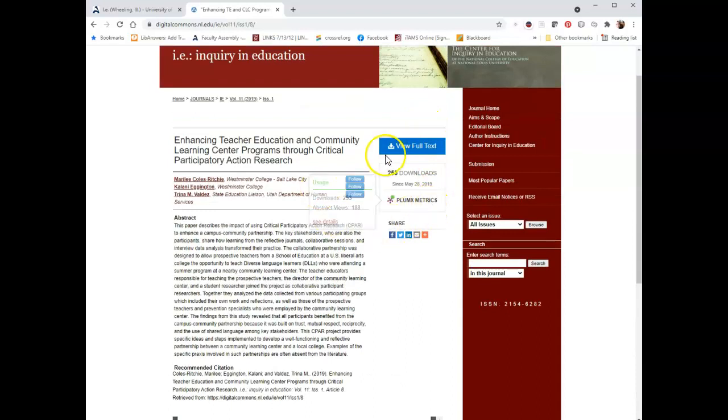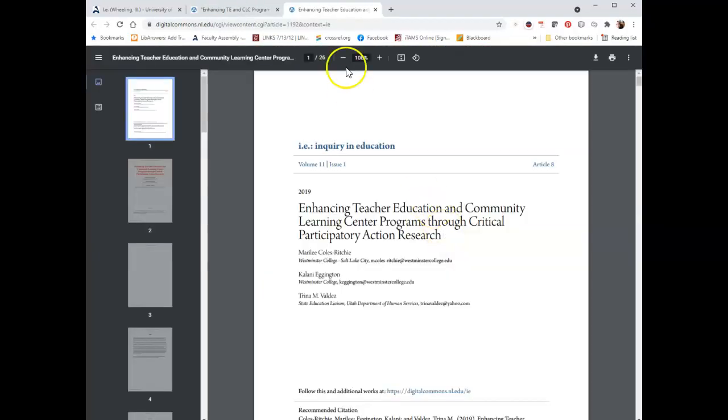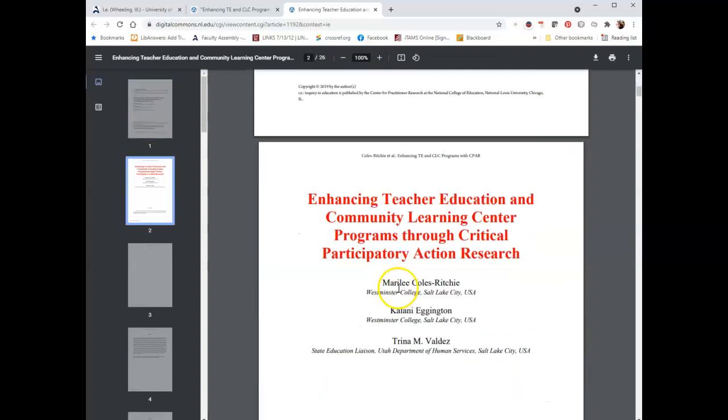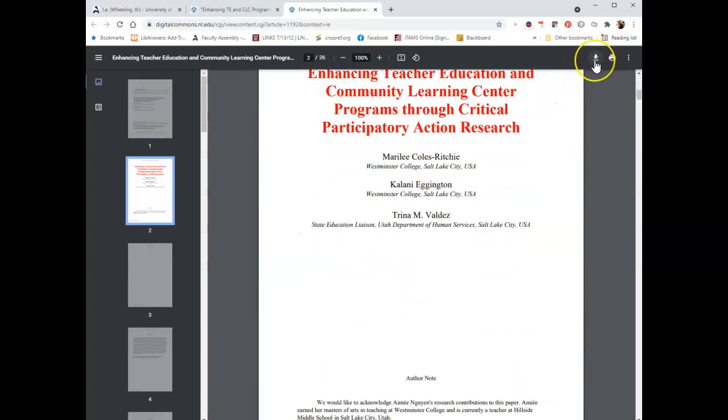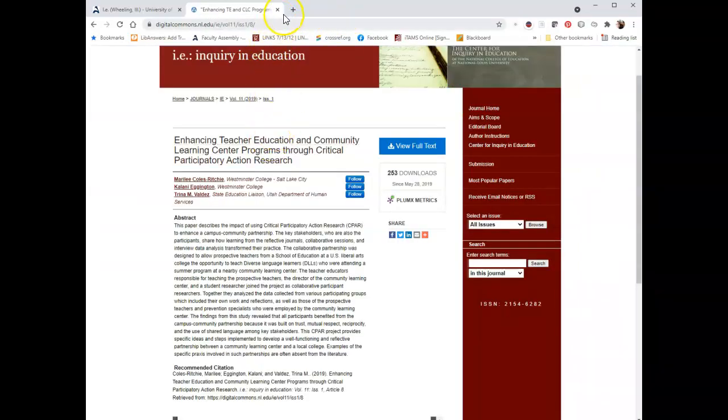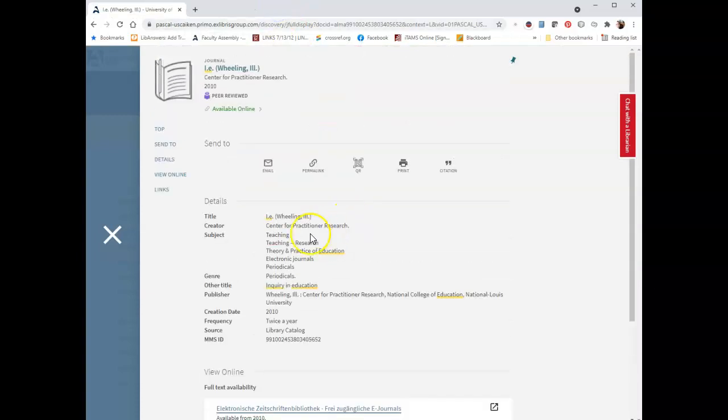But if you want the PDF, you can click up here where it says View Full Text. That'll pull up the PDF of the article, which again you can scroll through and read. You can also, in the upper right hand corner, click the download and be able to save it to your computer. Right? So if you are searching for these 2 journals, the other one that we have, let's see,